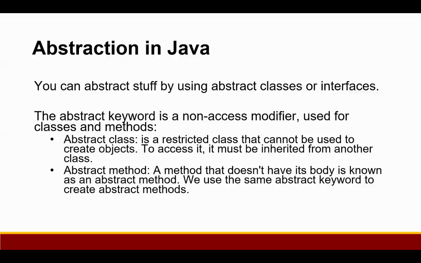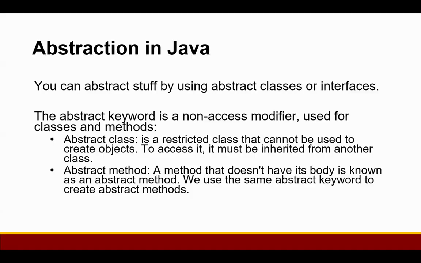But you don't need to know how the email server processes and delivers your message or the protocols it uses. Similarly in Java, abstraction allows you to interact with objects using simple interfaces without exposing the complex